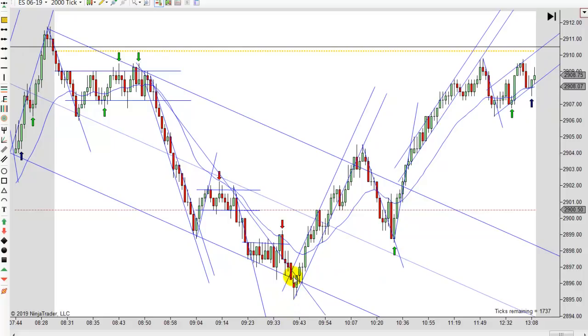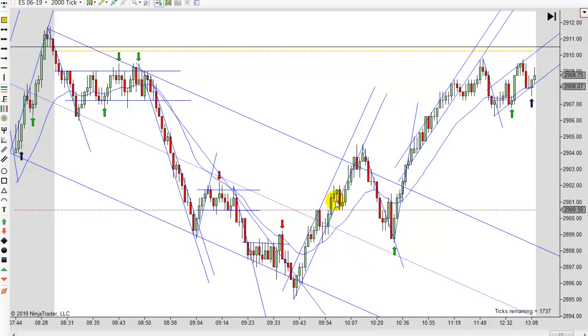So anyway, then we bounce. This one is very tempting right here, and it would have worked, but notice how we pushed through the EMA or the midline right there and pulled back, and we bounce right off the EMA, which is what you want to see, right off the trend line. But I'd like to see that close on the other side, and it couldn't. Notice how it was finding resistance right at the midline there. And then it closed again inside the midline. That's not a good sign. It ends up going on, but it's not a good sign.